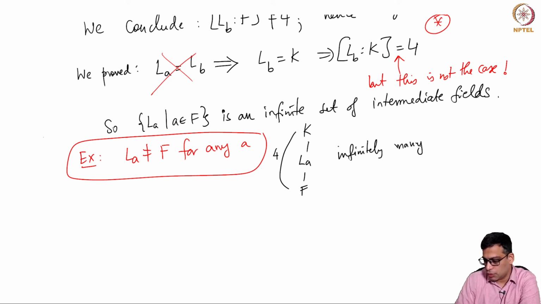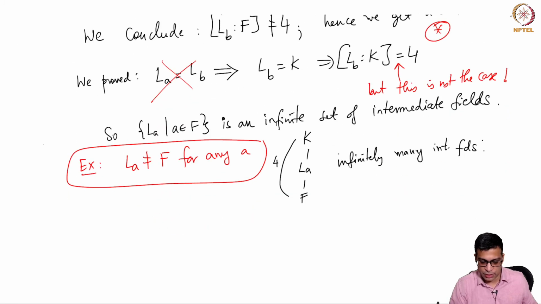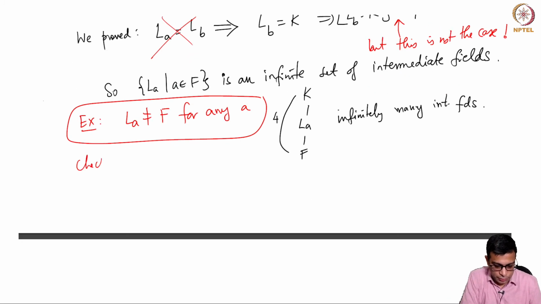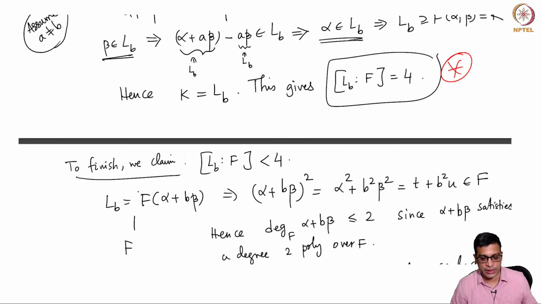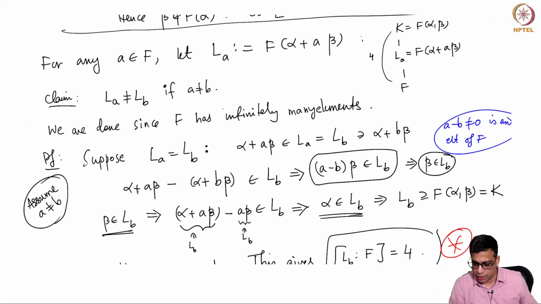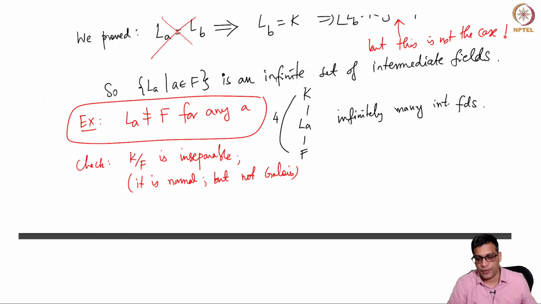So this is a weird thing that happens for inseparable extensions. Of course, K over F is inseparable. So also check K over F is inseparable, because these polynomials whose splitting field it is are normal but not Galois, because it's not separable, it's not Galois. It is normal because it is a splitting field of these polynomials, that you can check, and those polynomials are inseparable. So this is an inseparable extension which is finite yet admits